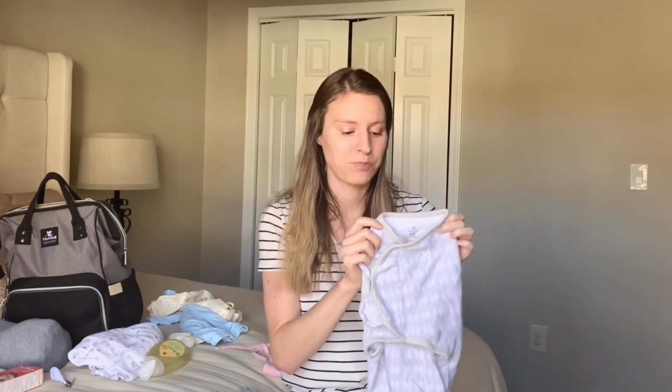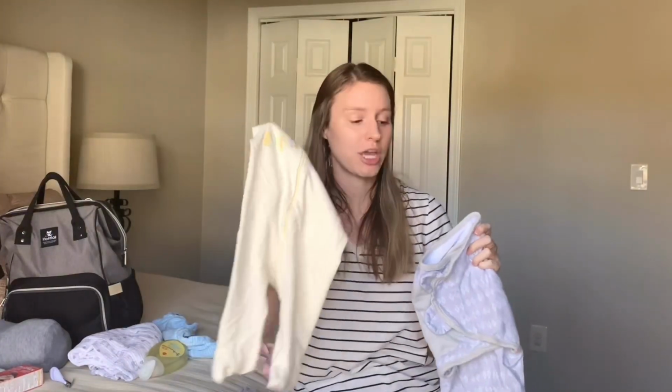Usually to sleep, I would have my baby in a short sleeve onesie, a PJs, and one of these. So they're in 3 layers. And she stayed plenty warm. And then of course you want to do a little newborn hat. You don't put them in hats any other time to sleep,